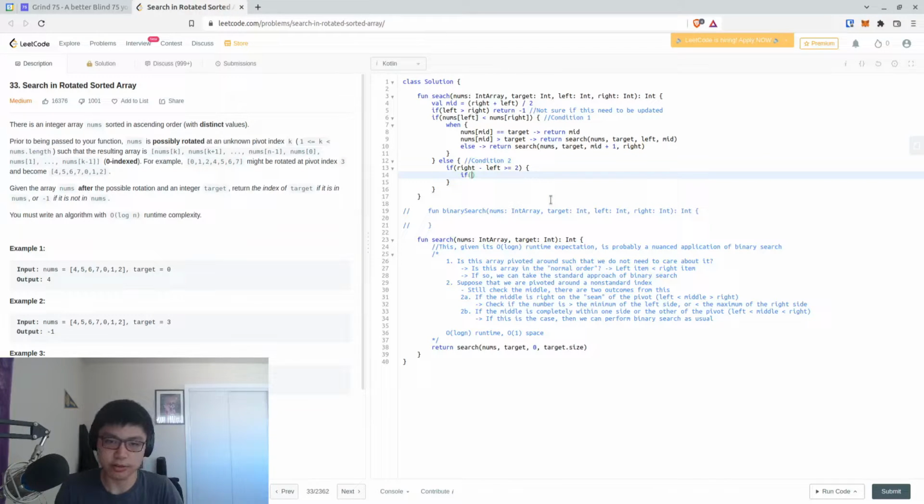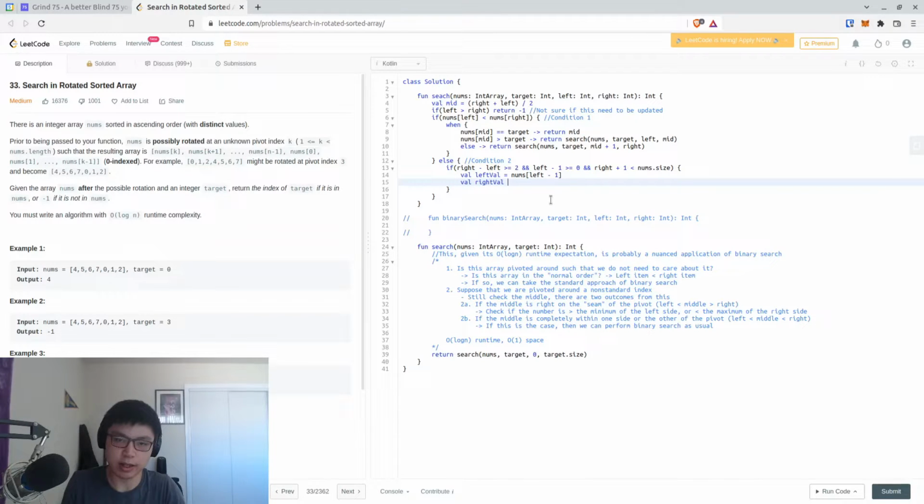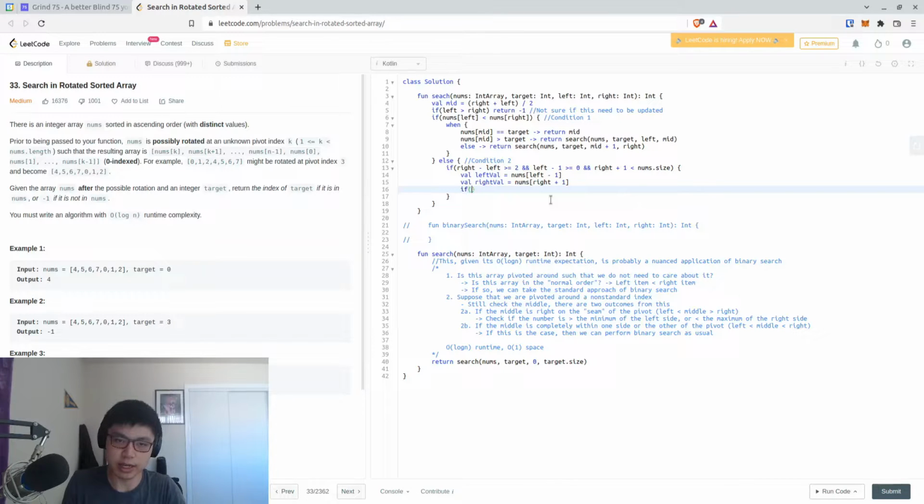Then if left minus 1 is greater than or equal to 0, and right plus 1 is less than nums.size, then we can say val left val is equal to nums at left minus 1, val right val is equal to nums at right plus 1, and if left val is less than nums at mid, and